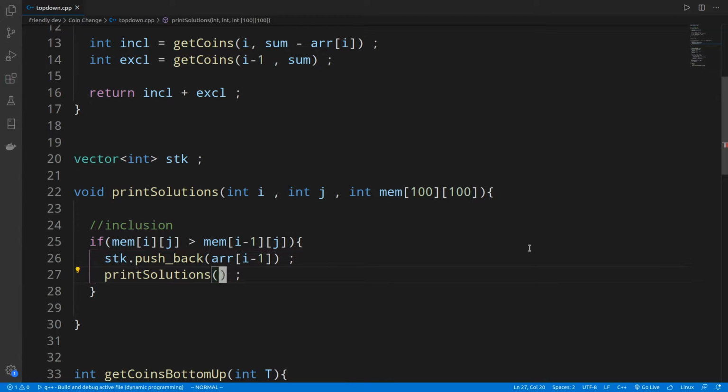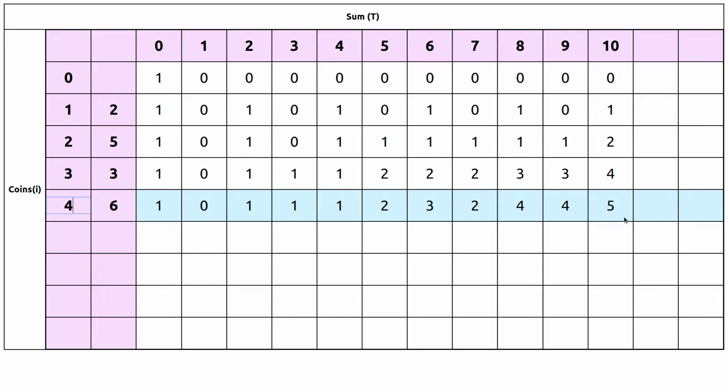the next cell. Okay, how do we decide what is that next cell? See, when we included 6, what is the remaining sum, let's say to get a sum of 10, the first coin that we have included is 6. Okay, now we need to see out of the remaining sum, that is 10 minus 6, that is 4. Out of the remaining sum 4, which coins can we include that will sum up to 4, right? So we'll be moving to the cell corresponding to a sum of 4.